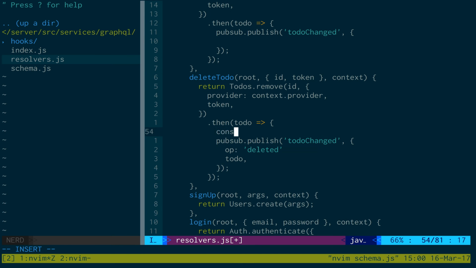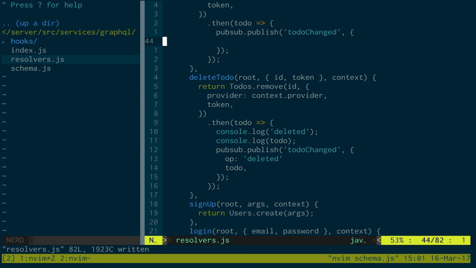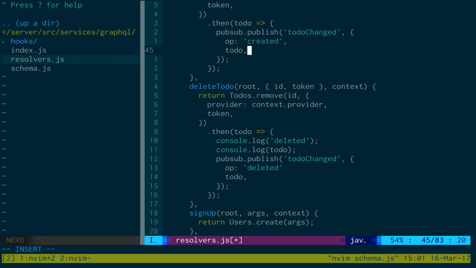And let's just console.log deleted. I want to make sure it actually is passing the to-do back that was deleted and not something else. Okay, so the operation here is created, and we pass that to-do. Okay, so now